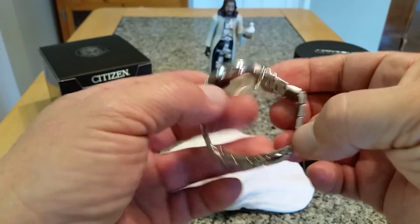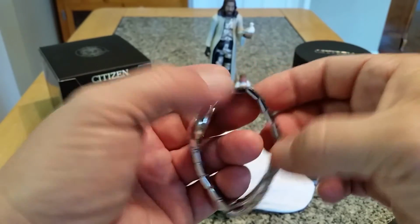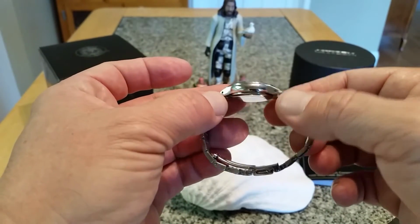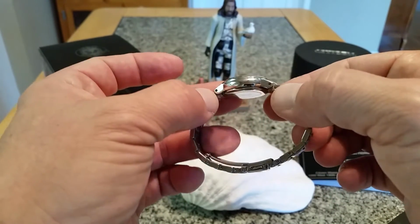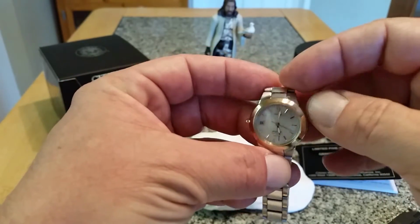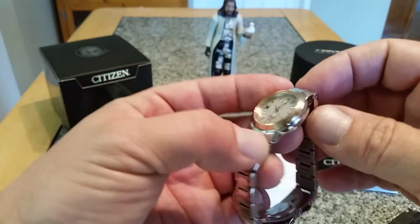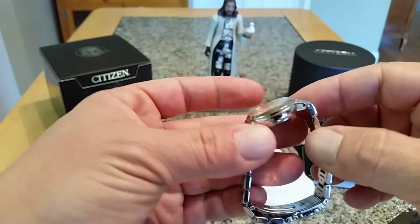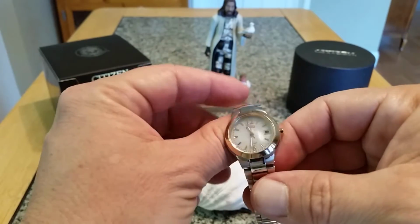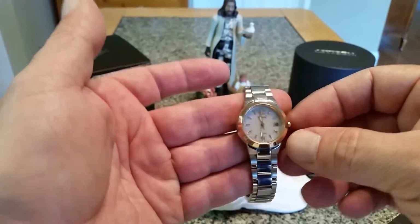So it does have this really nice stainless steel band. These are solid links. It does have push pins. These aren't screw-in links, which is pretty common in a watch this size. And what I thought was pretty neat is if you guys look, it does have a drilled case, so it makes it easy if you wanted to change the band on this watch. But really, being how thin this is and stuff like that, you're not really going to put a nice heavy type band on here, but you could probably put it on like a Bund strap or something like that and